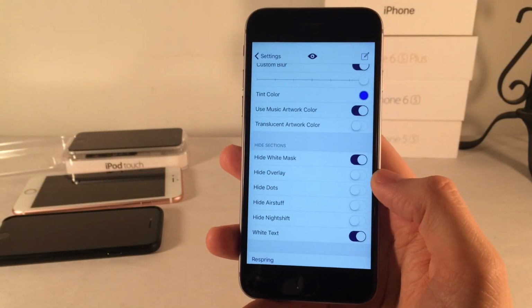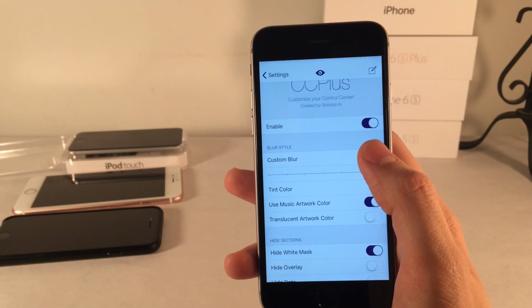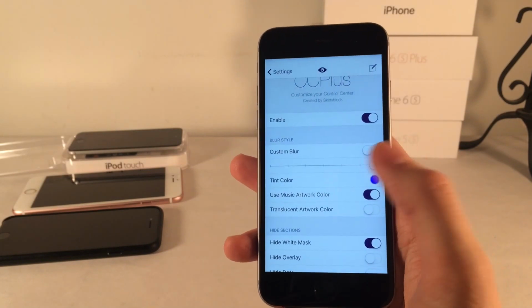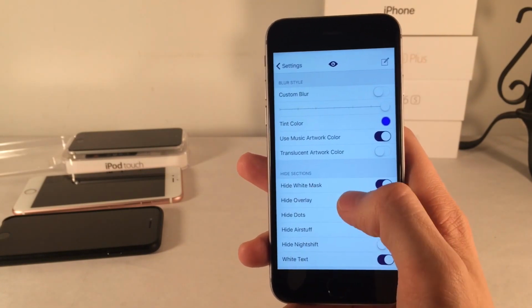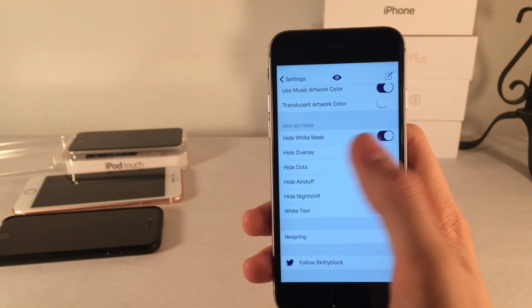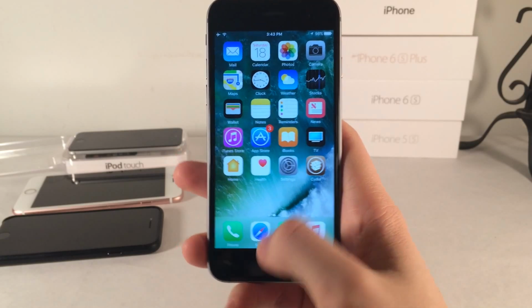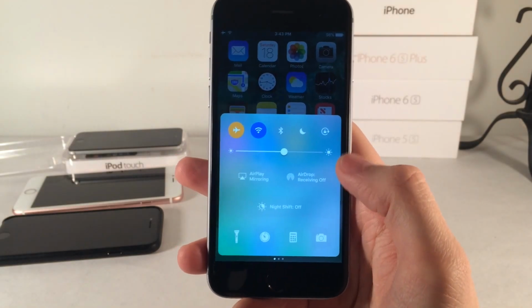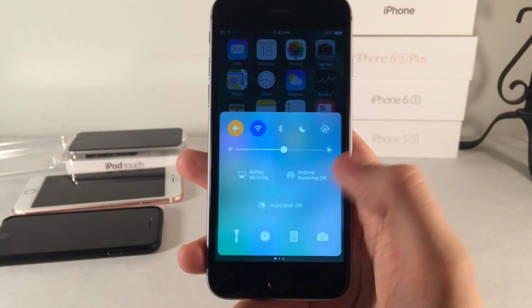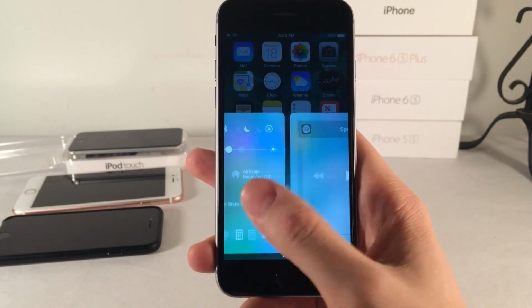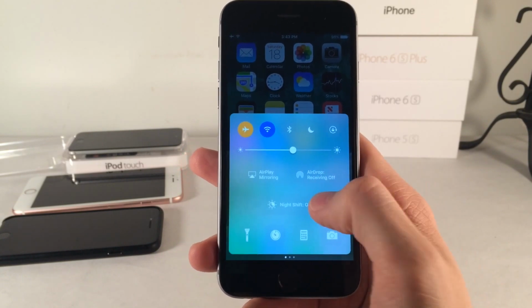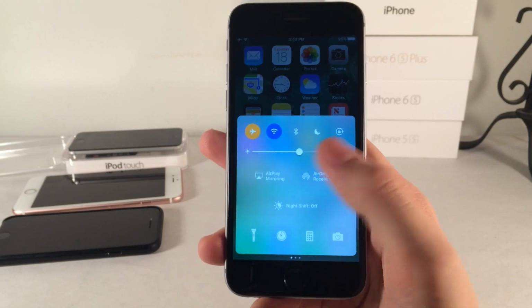just so the colors pop easier. Now, I'm actually going to go ahead and disable the custom blur so it gets rid of the color temporarily, because I just want to show you what the white mask looks like without a color, because on its own, it could go for a pretty neat look. So we'll go ahead and respring here. Alright, so if we go ahead and pull up the control center, you can see there the white mask effect. So we disabled the custom blur, the custom color, so it looks pretty similar to normal control center. However, it has this nice new translucent effect, and the white text is nice as well,